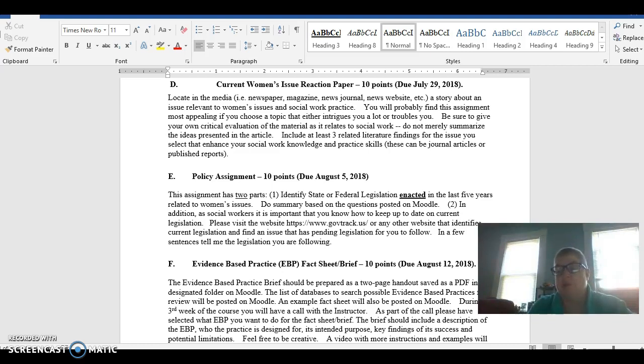I am not a big person on how many pages does this need to be. I'm more about the quality of the assignment. Have you done what was expected in a way that shows me thoroughness and academic rigor, for lack of a better word, that you've gone out there and done some work on this and that you've learned from the experience. That's what I care about more than anything. Has this been a worthwhile educational and personal learning experience for you?